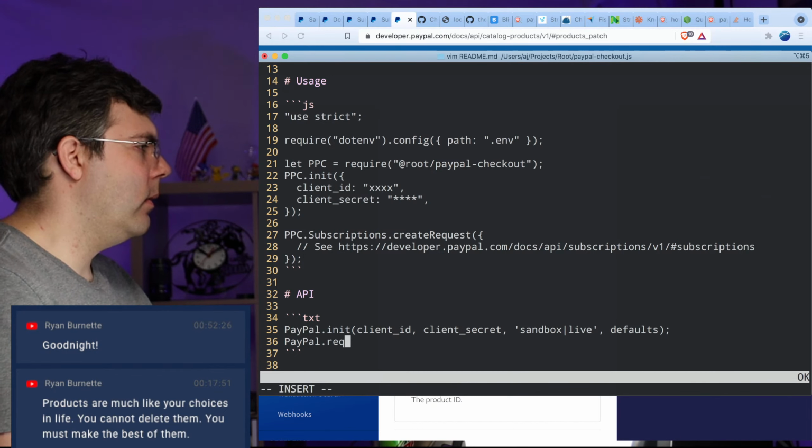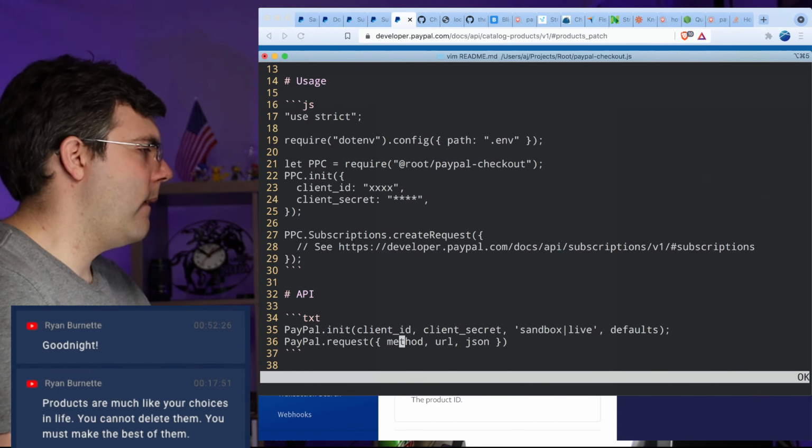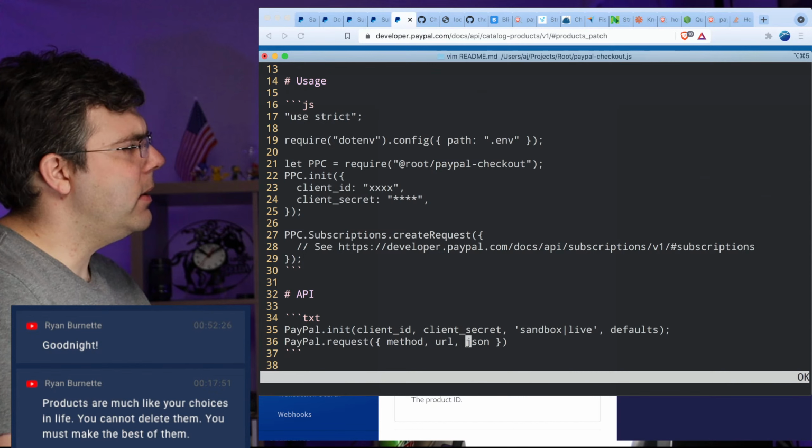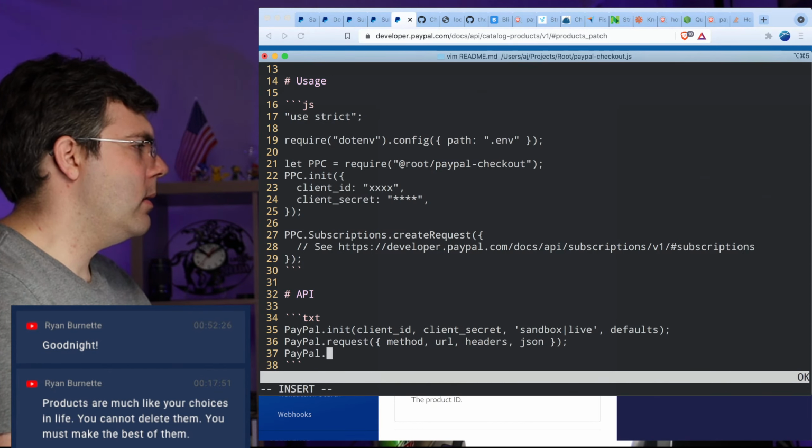And then other than that, we've got request, method, URL, JSON. Was there anything else that needed to be in there? Headers. Then we got